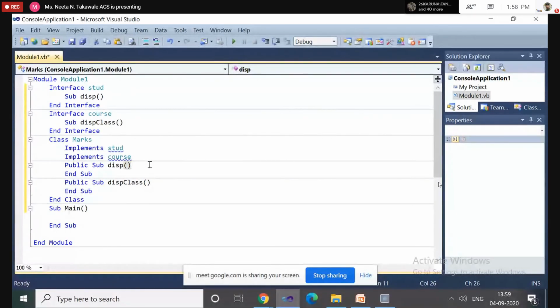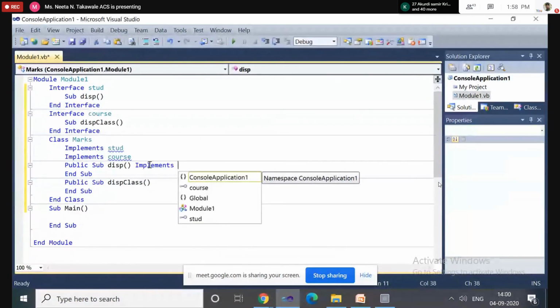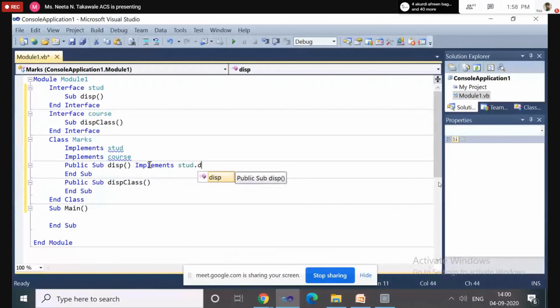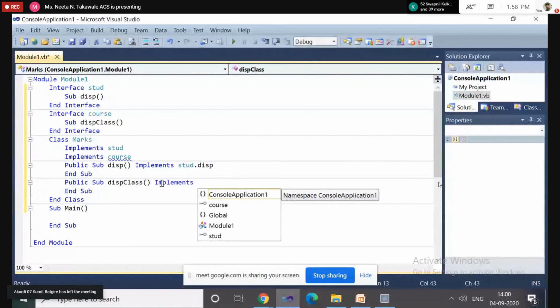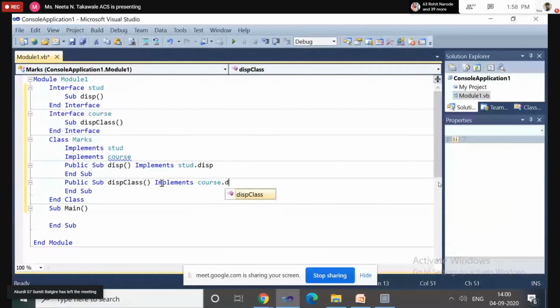Now these methods should implement Student.Display. Implements Course.DisplayClass.